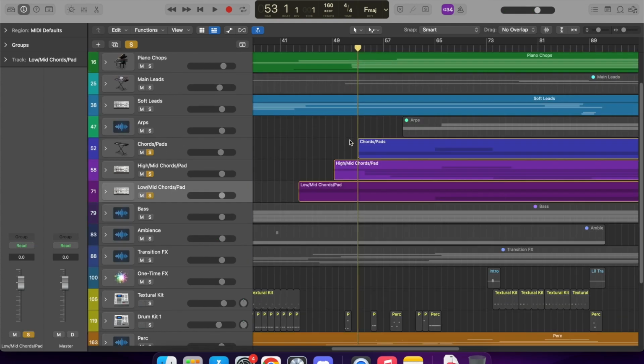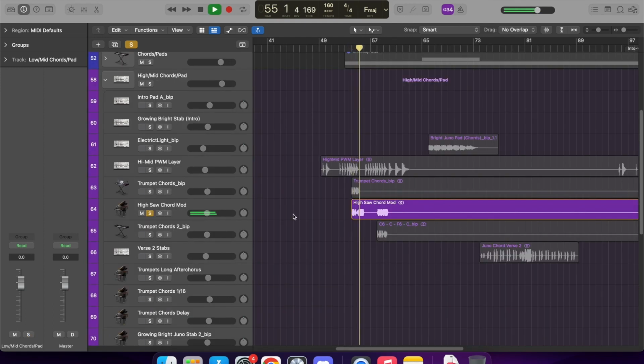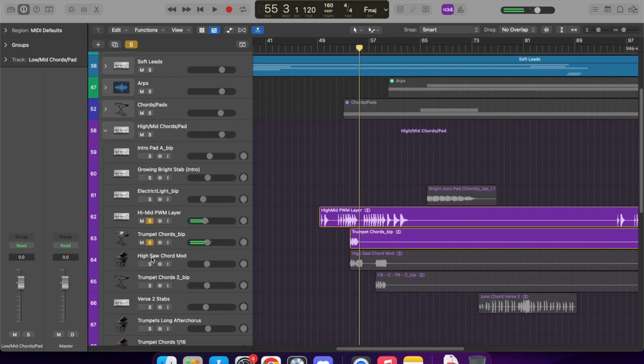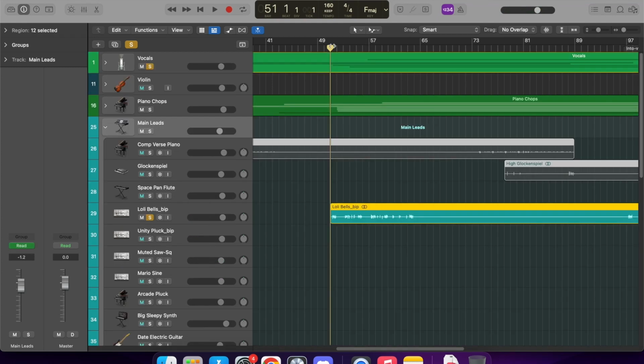And then you have the main chord sort of stab pattern accented with this little jittery synth. And that's layered with some trumpet chords and stuff to flesh out the space a bit more. I also have these lolly bells which follow the melody, very much inspired by Memborishi by Hyper Potions.